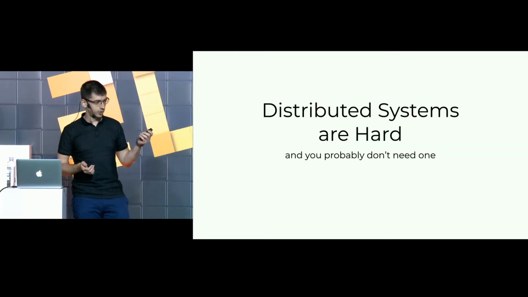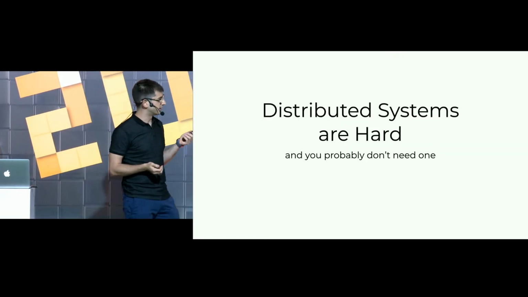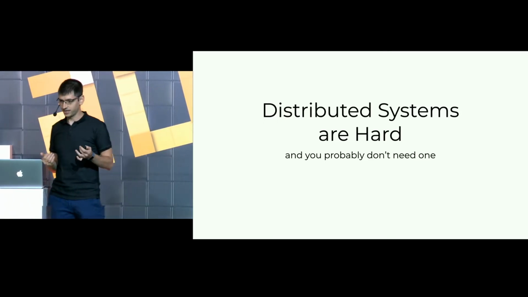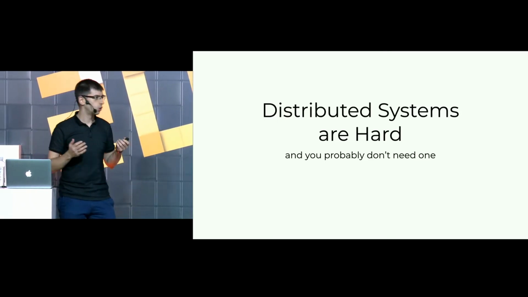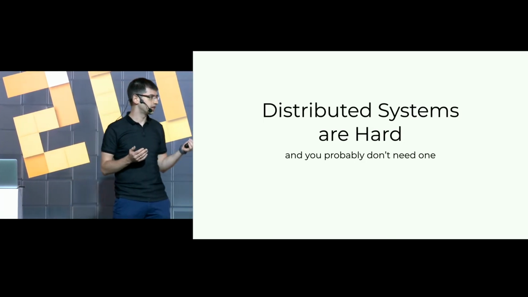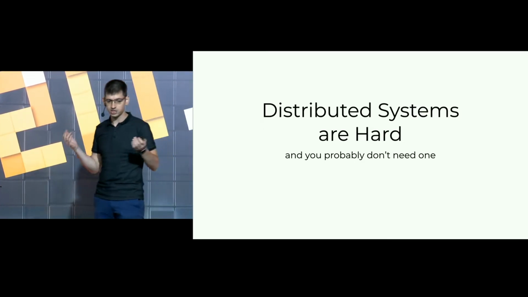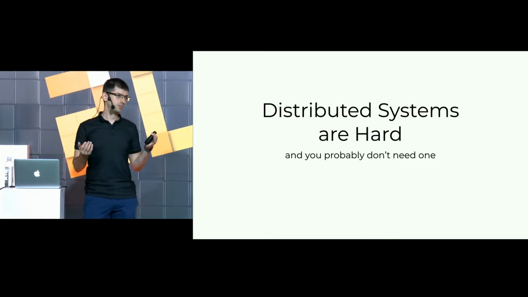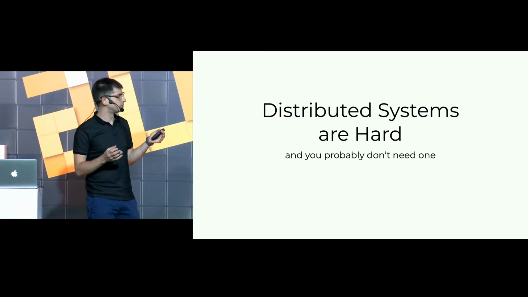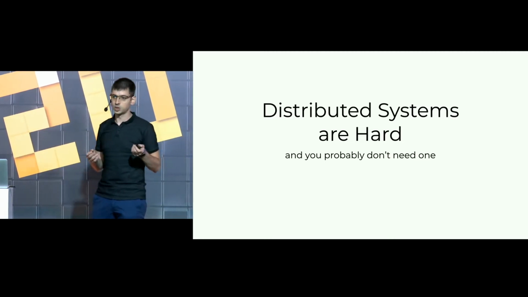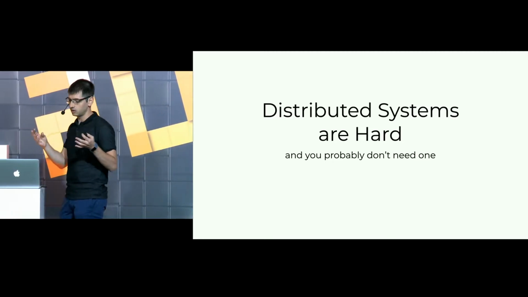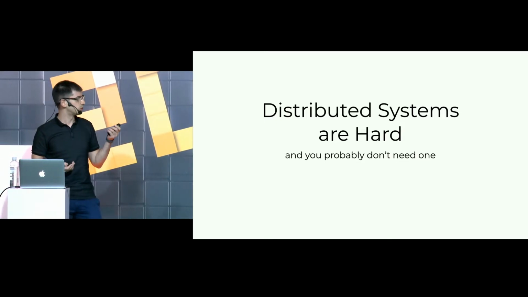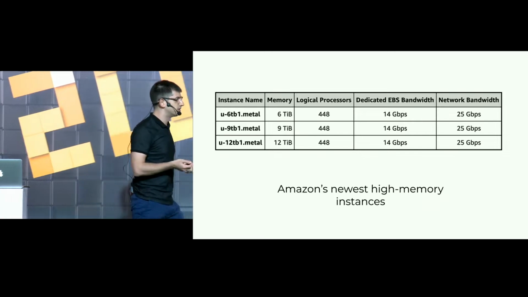Okay. So we've been doing a bunch of talks on distributed systems lately, and I also started with a disclaimer. Distributed systems are hard. There are a ton of failure modes, a ton of things that you need to think about, a ton of systems that you need to administer and all that. And the other thing is that, in addition to distributed systems being hard, single machines, individual instances, are super powerful. So you probably don't need a distributed system. Just to give an example for this